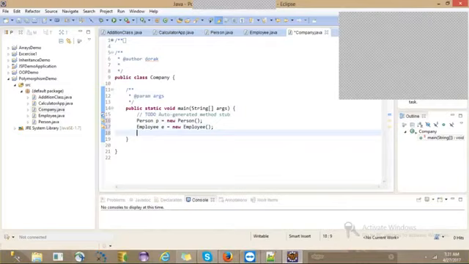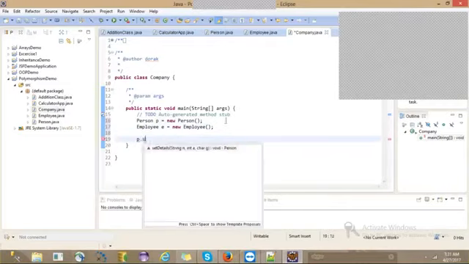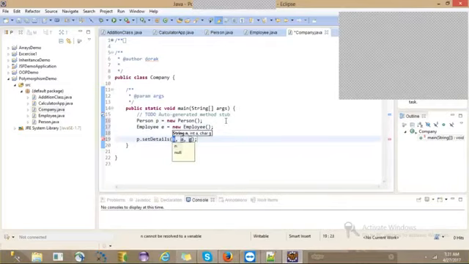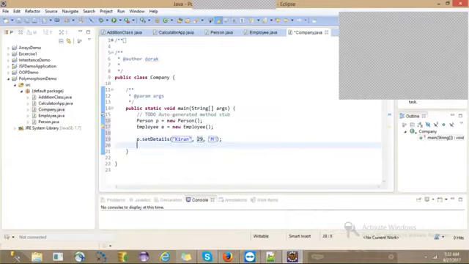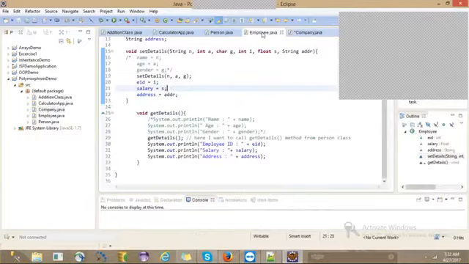Now p dot set details, Kiran, 29, M. In a similar way, e dot set details. In employee, how many parameters are there? Six we have, right?